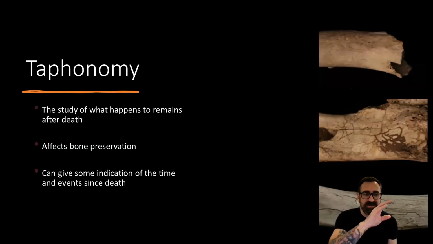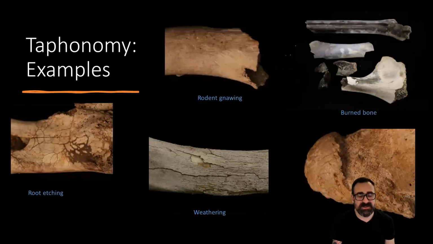So those are pathologies. Taphonomy is the process of what happens to remains after they die, or after it's decomposing. So once an individual is dead and is no longer developing, the next process that takes over is called taphonomy. So these can tell you something about how long remains have been skeletonized, how long the individual's been dead, but they also tell you kind of what's happened to them, which can give you some context and help identify where they've been. So here are just some examples.